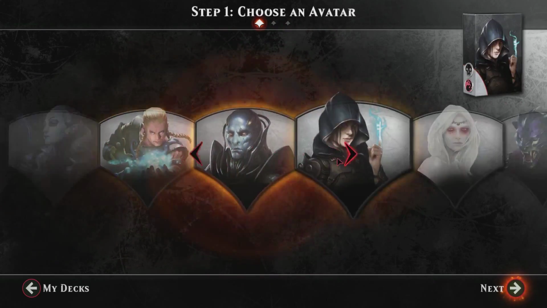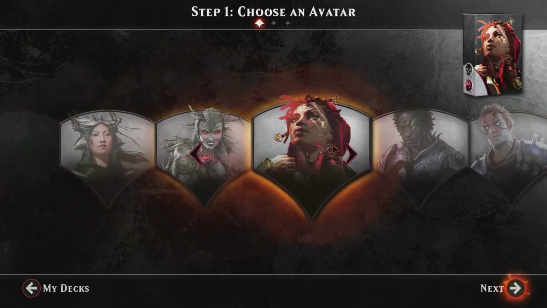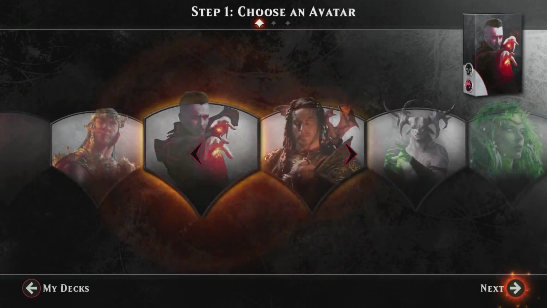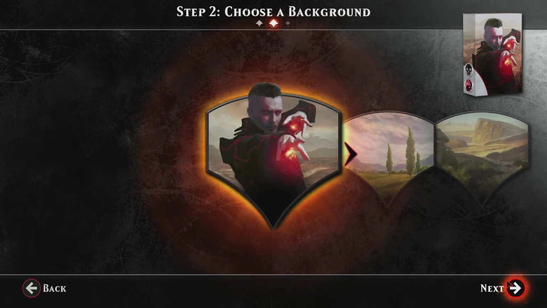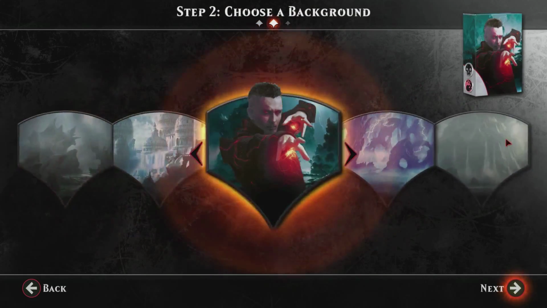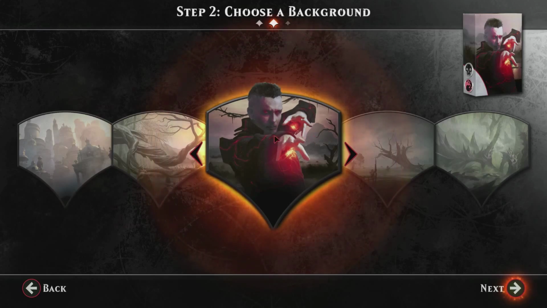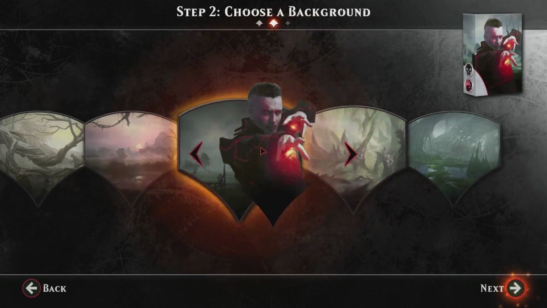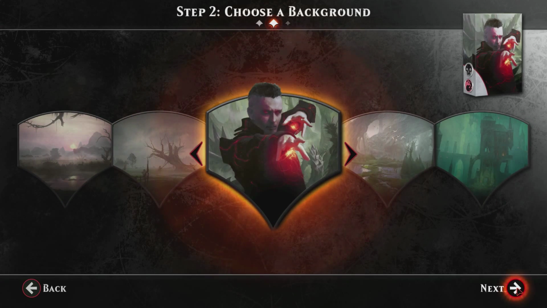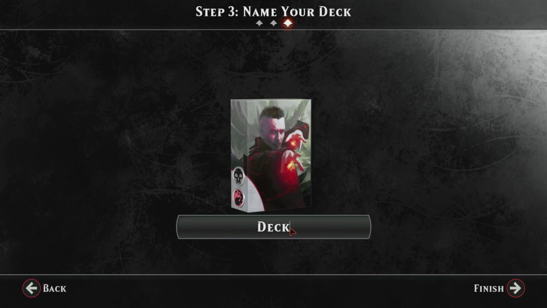So we're on a red-black smackdown deck here. Where was that totally demonic-looking dude? Yeah, that's the one. That's the guy. So we want him. I can already tell you, I'm going to spend most of my time on this just making sure we have the right background. Okay, so we got him looking at that spooky... Oh, no, this swamp. There, that's the magic right there. Okay. And we're going to go ahead and call it...